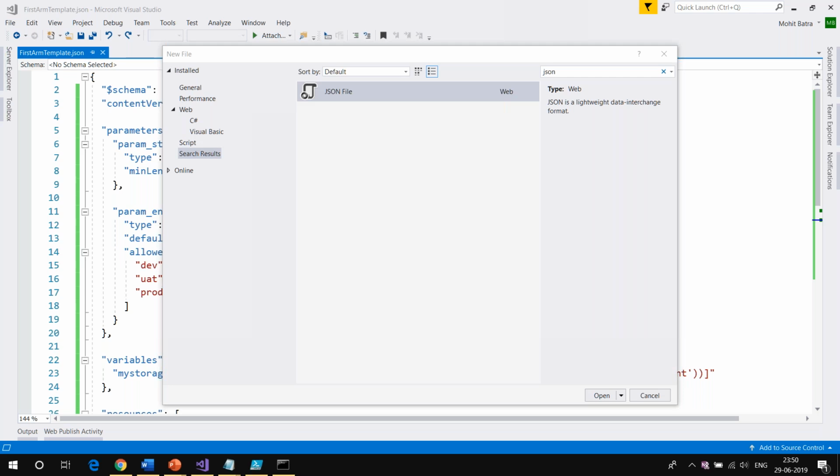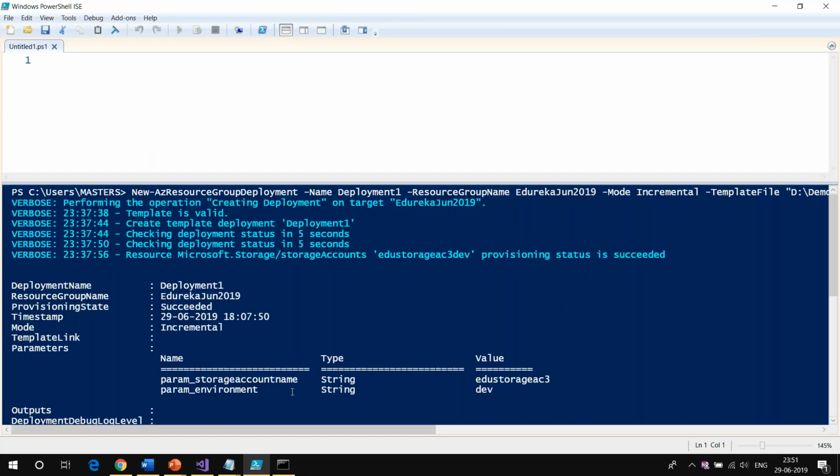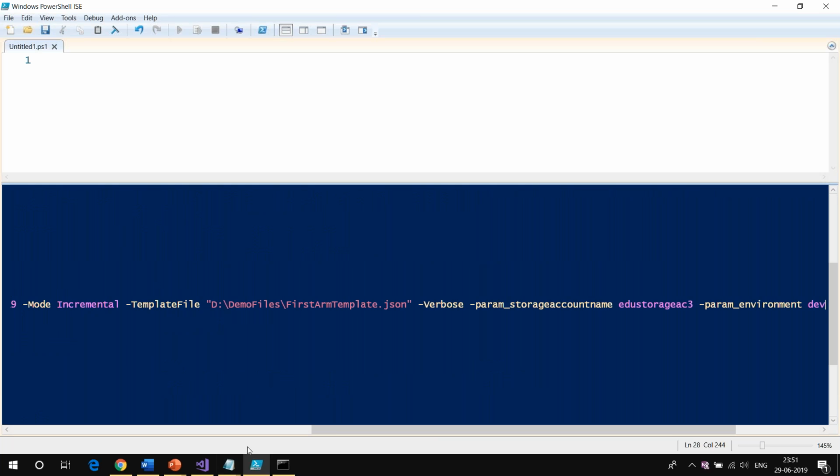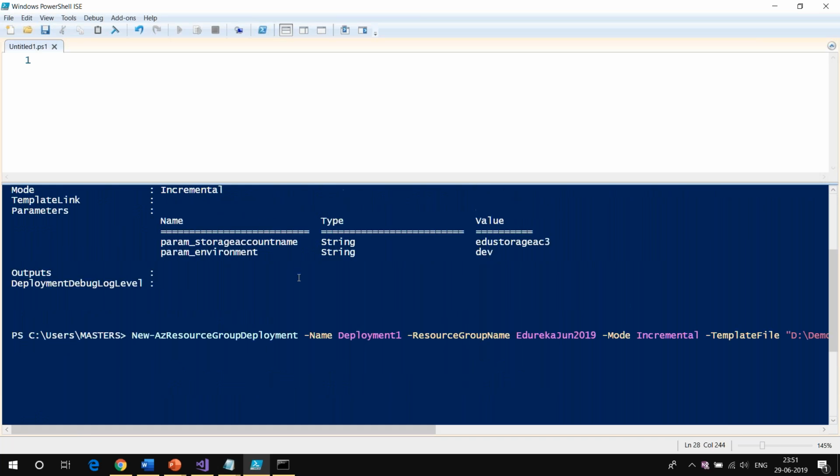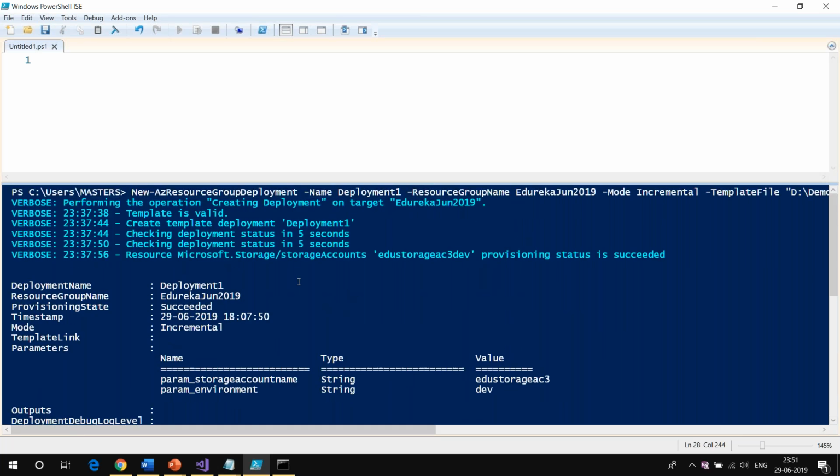Okay, and Roshan is saying I still didn't get what is Resource Manager and Resource Manager API. Any example? So Roshan, we have just seen that. Whatever deployment we are doing right now by running all these commands, it is actually calling the Azure Resource Manager. And because we have installed the Azure module here, behind the scene it is making a call to the Resource Manager API.